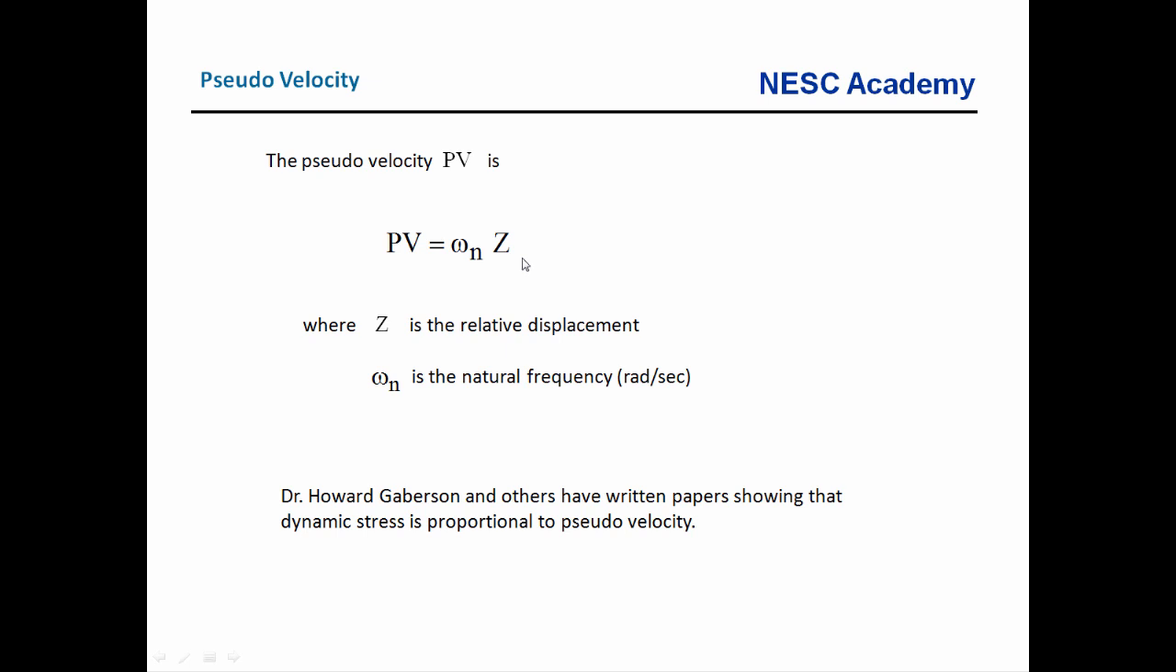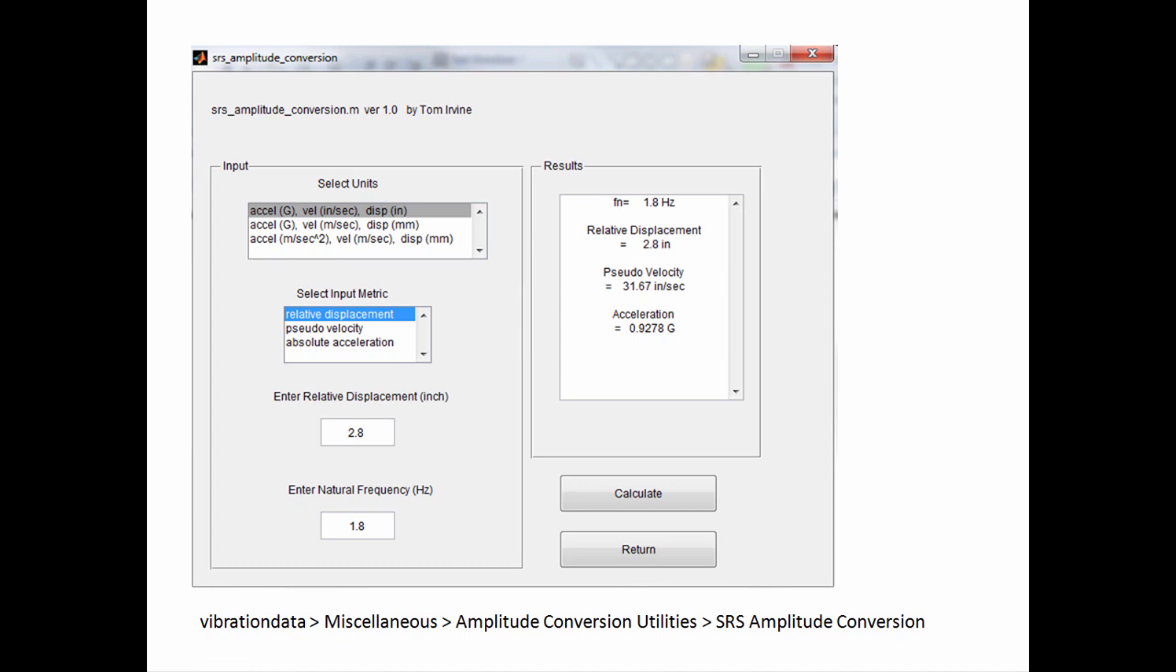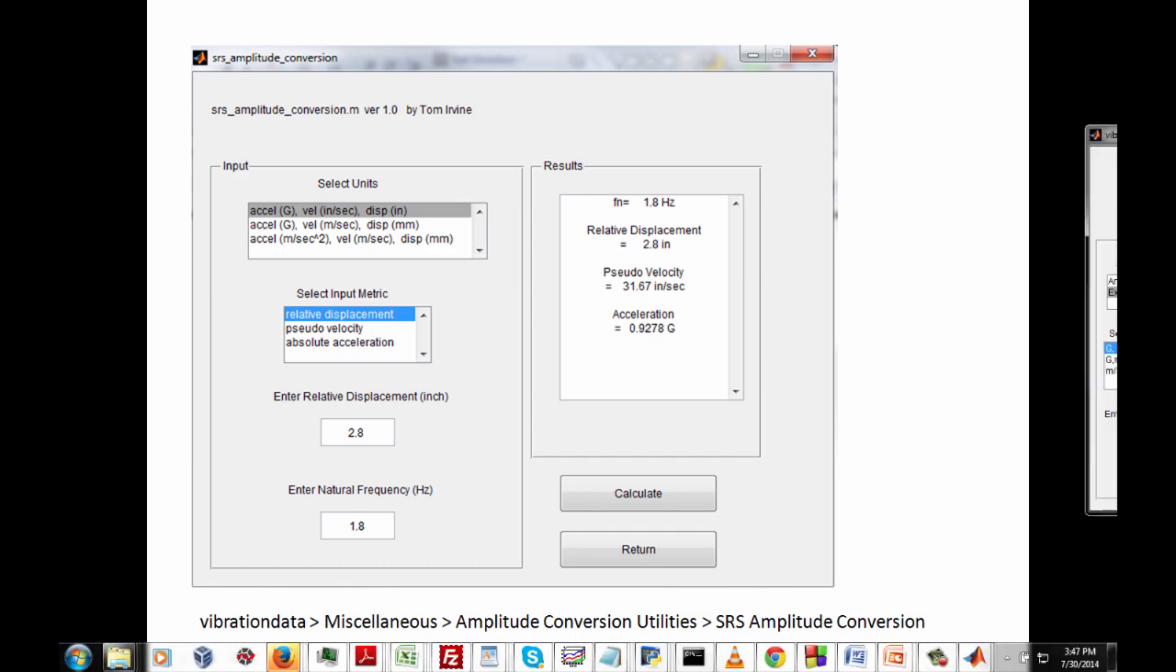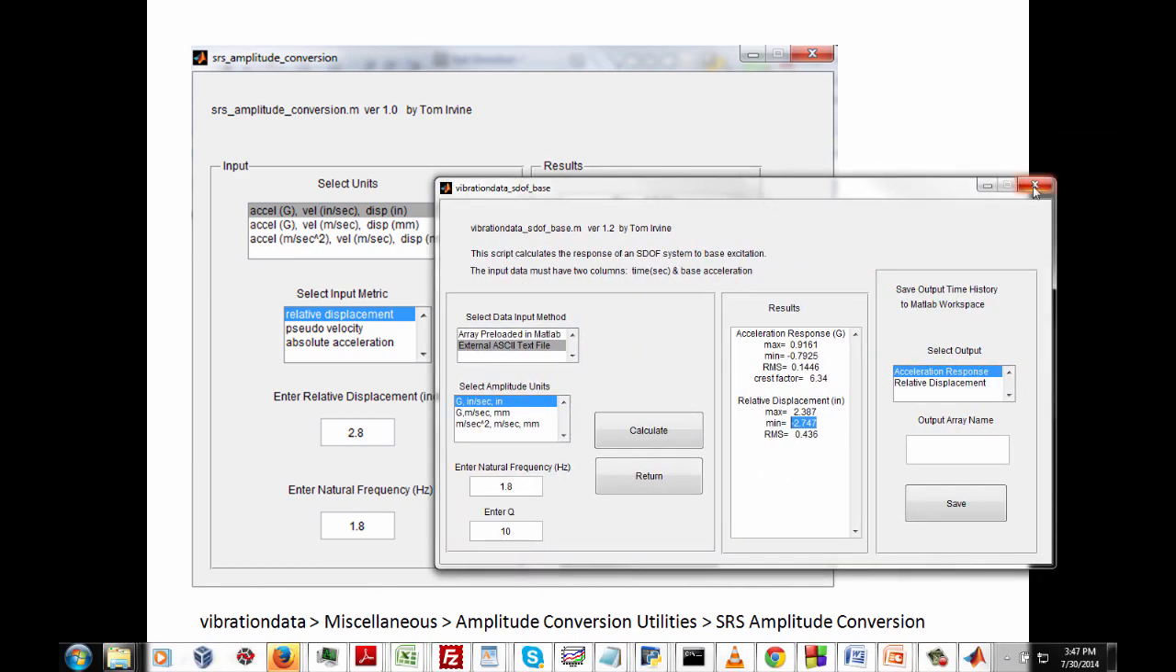And as we go on in the upcoming webinars, we're going to talk about how there are certain severity thresholds for shock testing that are represented in terms of the pseudo velocity. And we'll talk a little bit more about pseudo velocity within the slides within this unit today as well. So there's something called an SRS amplitude conversion that's within the